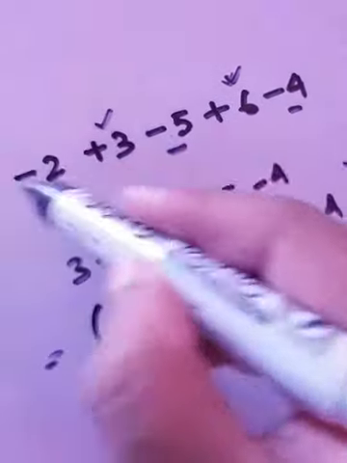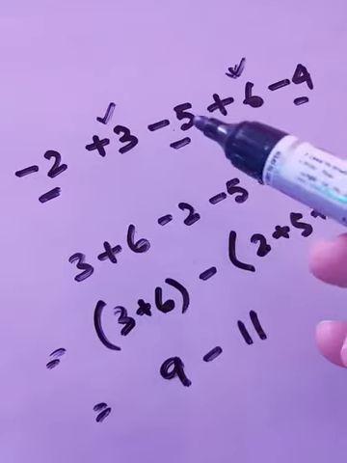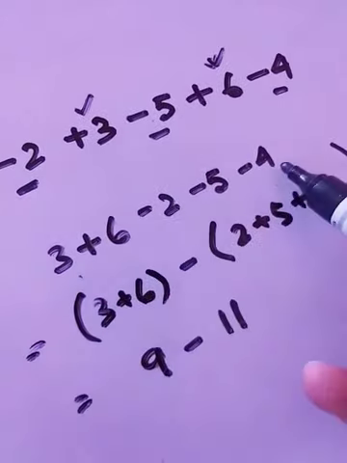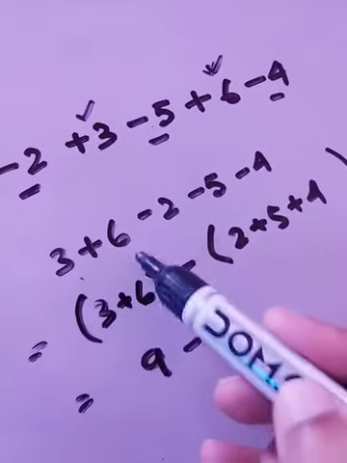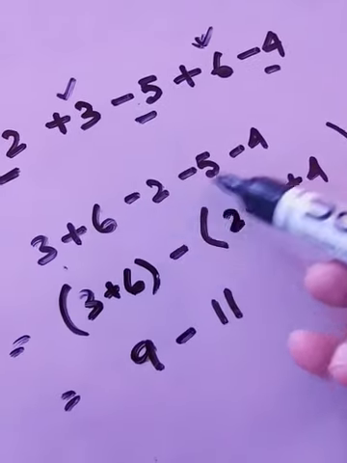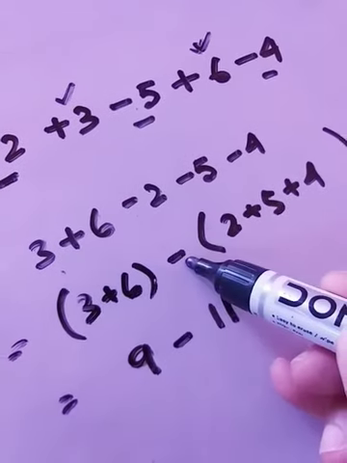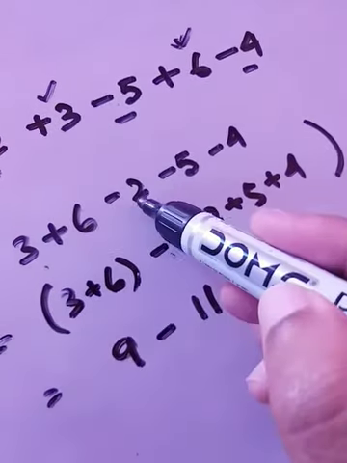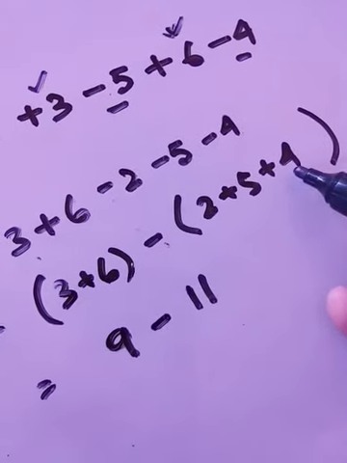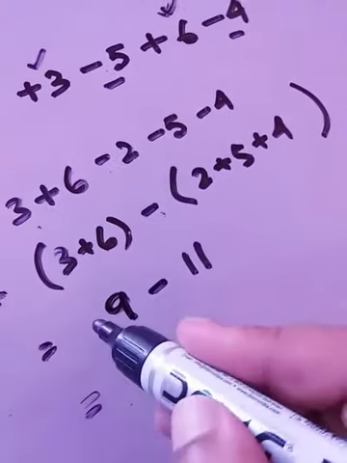You see, this is not properly arranged. The first thing I did, I arranged all the positive numbers, then I arranged all the negative numbers. I have kept all the positive numbers' digits inside the bracket. For the negative integers, I have given only a minus sign outside, and then inside the bracket I have written all the digits with a positive sign. Okay, now finally what do we have?